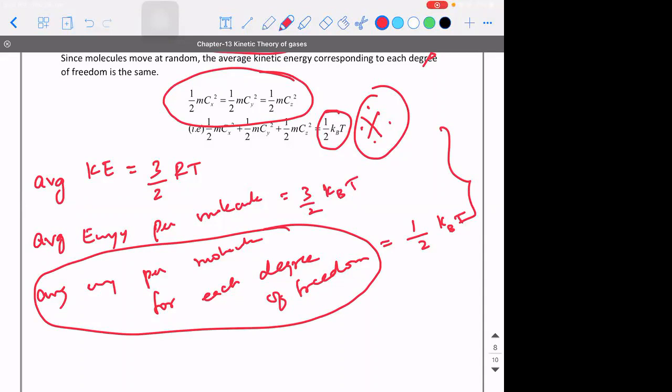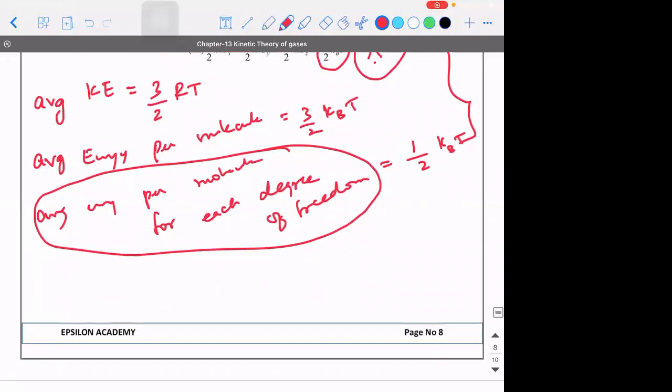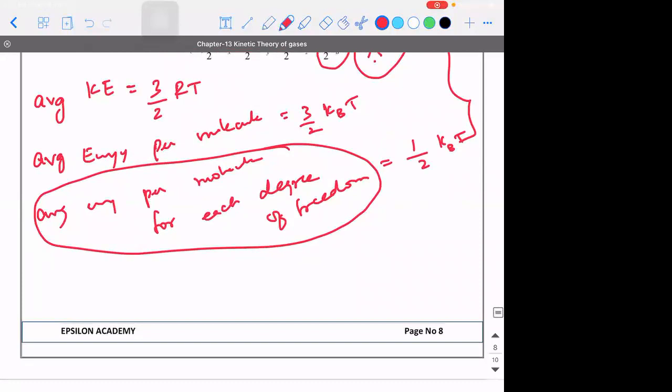So please make a note of this point. Since you already have the notes, you need not sit and write the whole derivation. You can go through it later. I hope I'm clear.